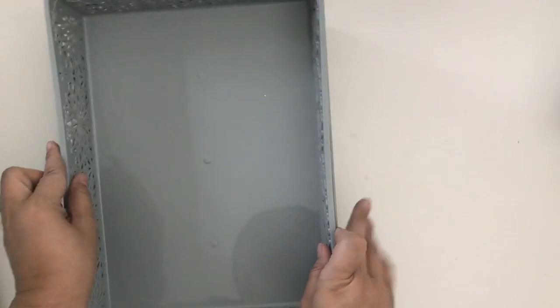But yeah, so they come in different styles of organizers that come in the same family. So I'll be showing you an insert on that towards the end of the video. I have this basket too. It's made out of thicker material. This is lovely. And you can use this as an organizer, or you can use this to hold your probably